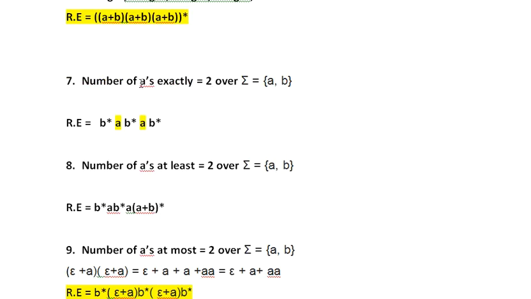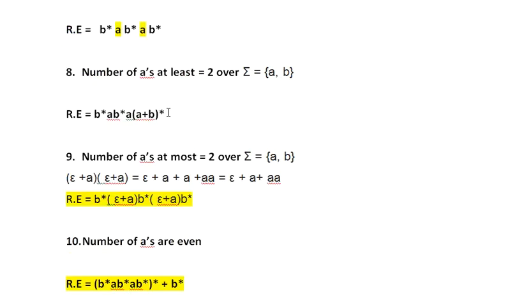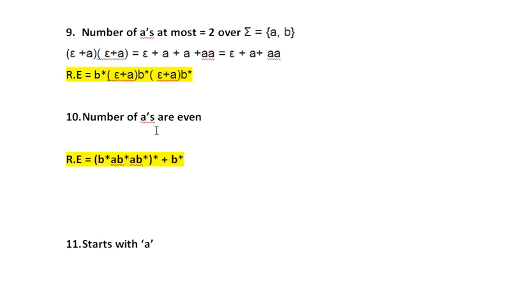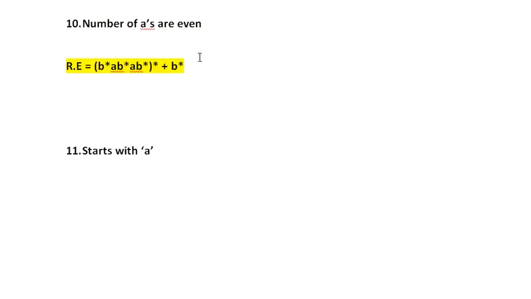In case of number of A, it can be number of B. So that means A has no restriction, B has restriction. So you can make any kind of question, correct? The number of A's we have seen, even condition. Same goes with odd as well. Okay, so the last few questions we'll be looking into. It won't take much time.